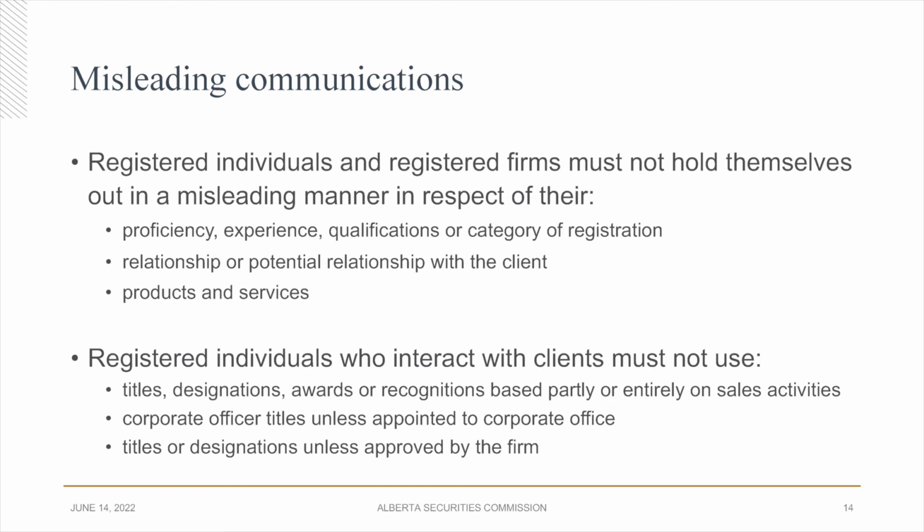Firms should have controls in place to verify that designations claimed by registered individuals are from reputable institutions that follow verifiable accreditation criteria. A higher level of due diligence may be required for designations that are not well known. Firms should also verify that designations have been awarded to the individual and individuals are in good standing with the institution issuing the designations. This can often be achieved by checking the designating body's public database if available.